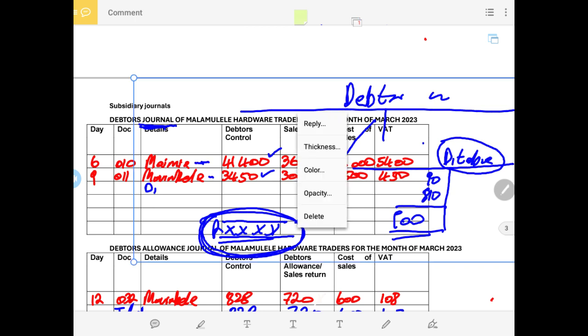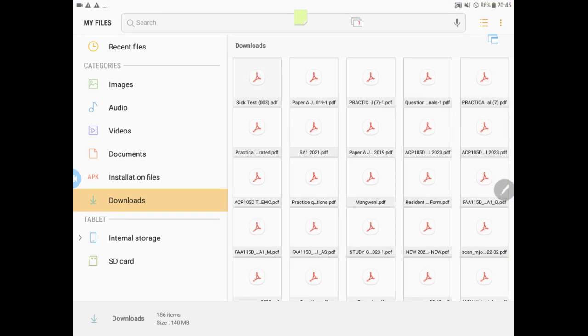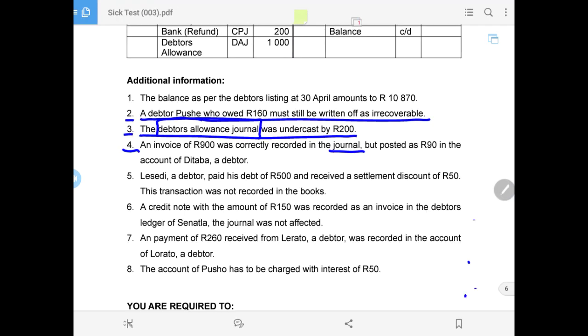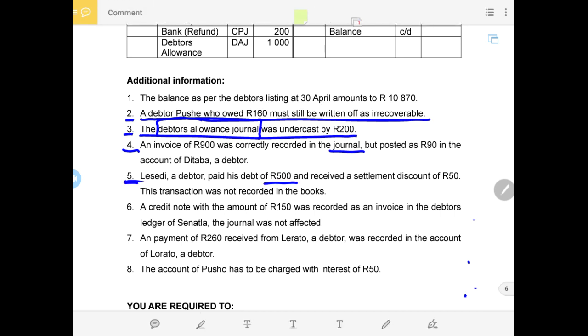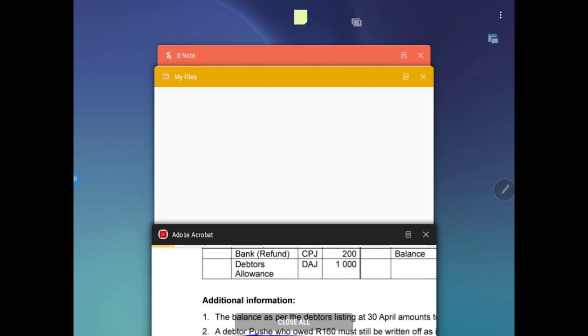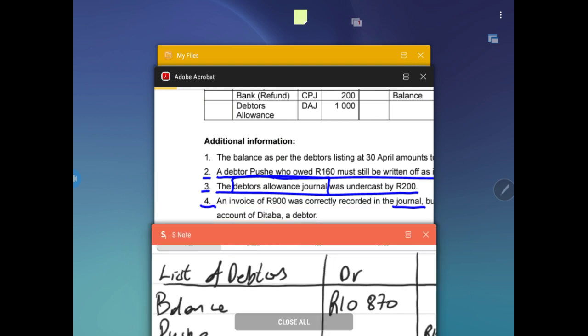So this is what we mean when we say it was fine in the journal, but not in the account of the customer, which in this case is Ditaba. We deal specifically only with Ditaba, who has a problem in terms of recording in our books. Now, number 5. Let's say a debtor paid his account of 500 rand, and he received a settlement discount. Let me just verify that Ditaba is sorted. We dealt with Ditaba very well. Then now we come to